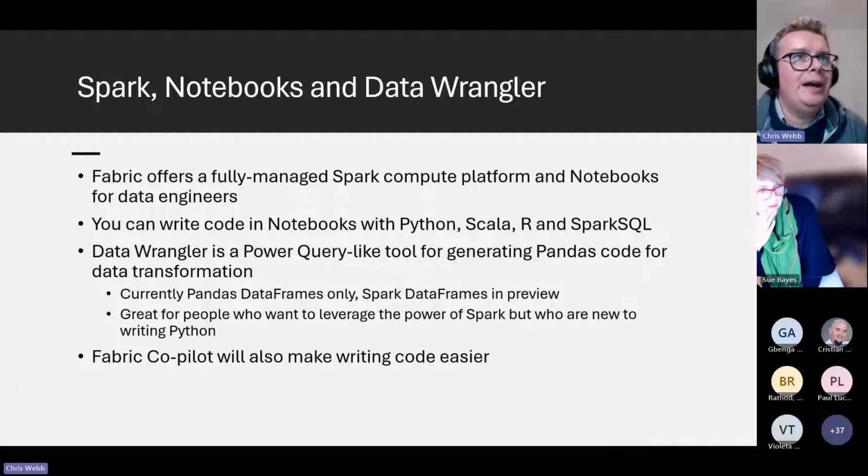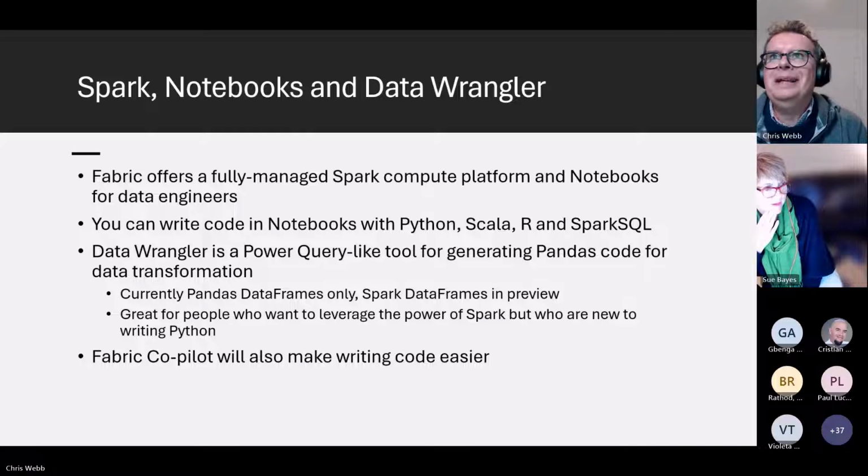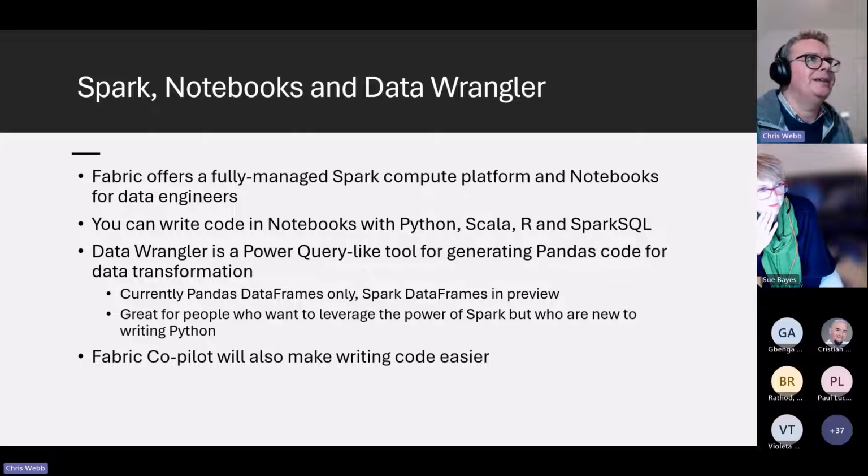I think for most Power BI users, the only ETL engine that you want is going to be Dataflows Gen 2. That's the nice, friendly Power Query experience. But Fabric includes experiences for data engineers and data scientists and people who prefer to write code. It offers a fully managed Spark compute platform and notebooks. So you can use Spark, you can write code in notebooks with Python, Scala, R, Spark SQL, all these different things. I'm not going to talk about those because I don't think they're really a selling point for the average